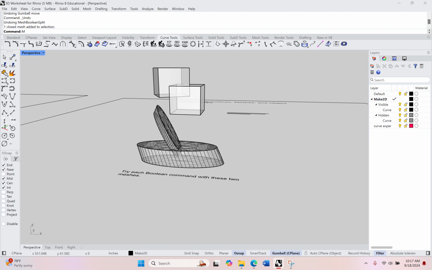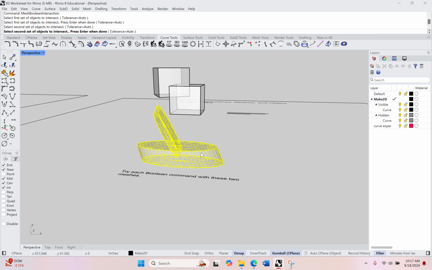And there's one more here, mesh Boolean intersection. We haven't done that one yet. So select first set of objects to intersect. I'll start with the top one in this case, enter. And now the bottom one, enter. And just like with our closed polysurface Booleans, it automatically gets rid of the two parts that we got this